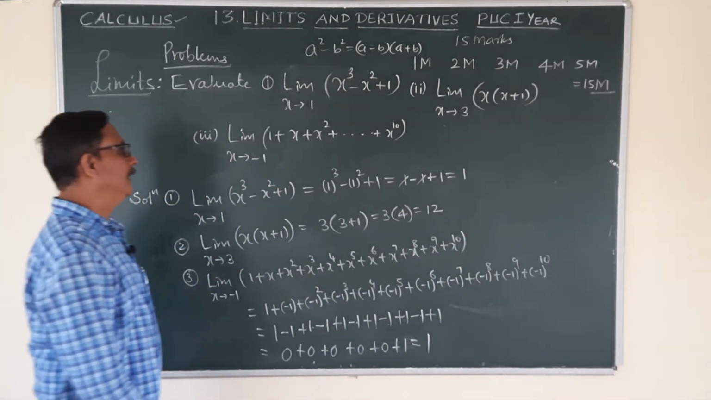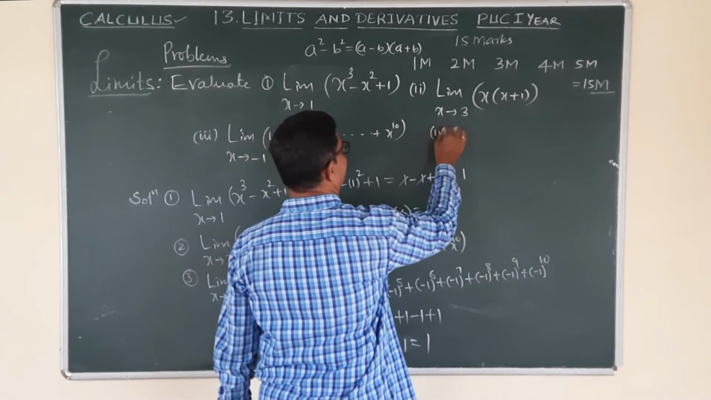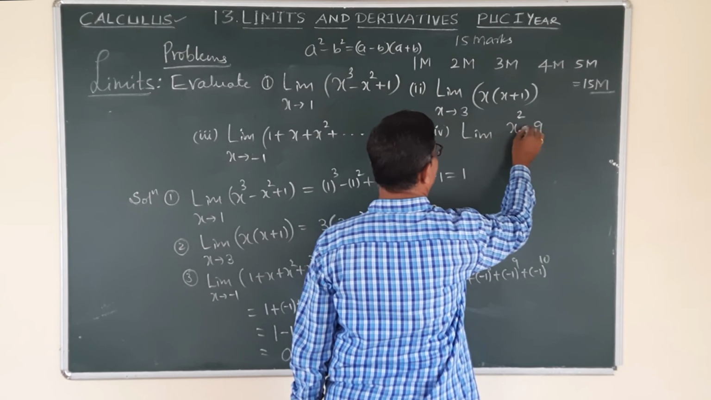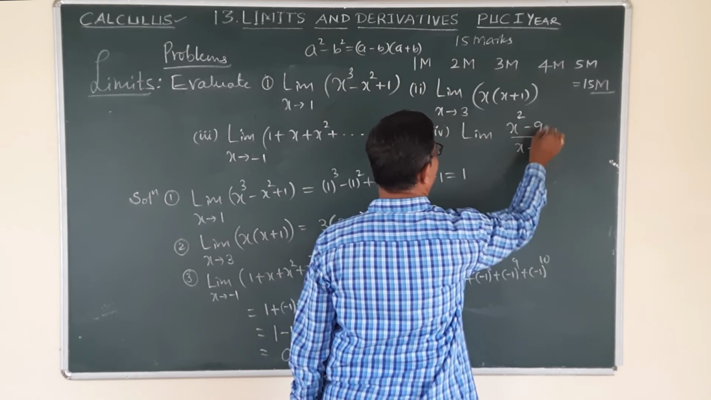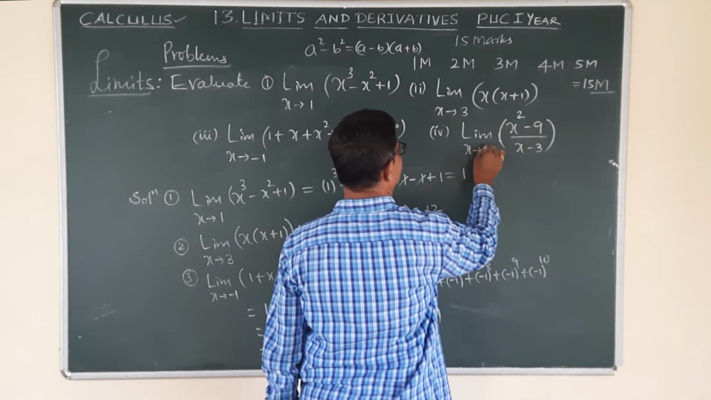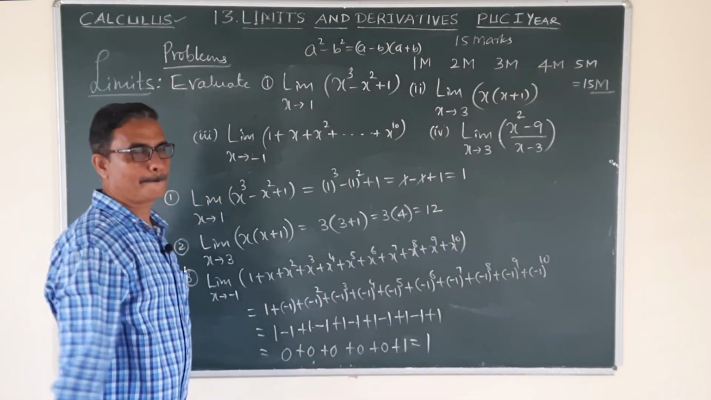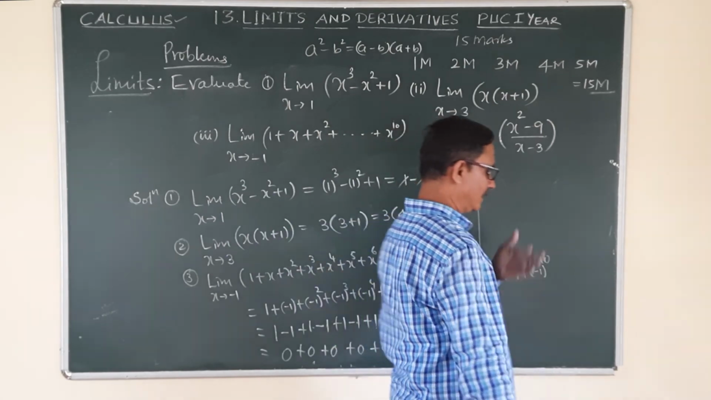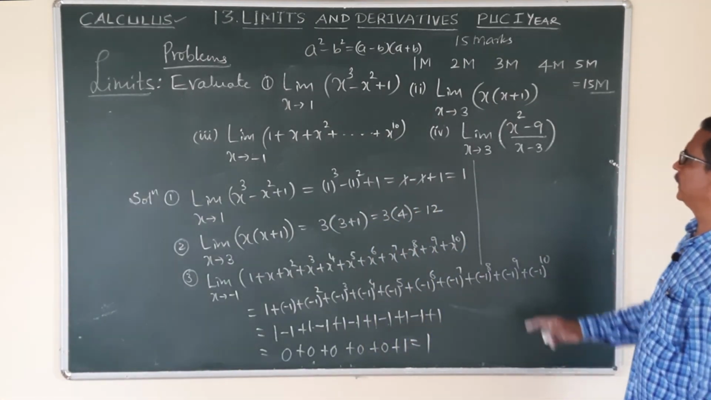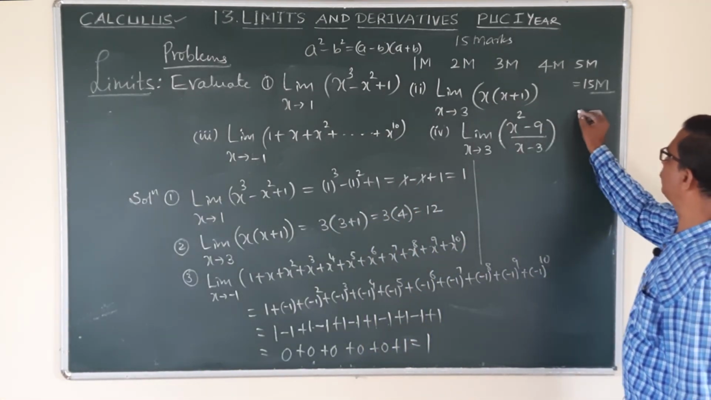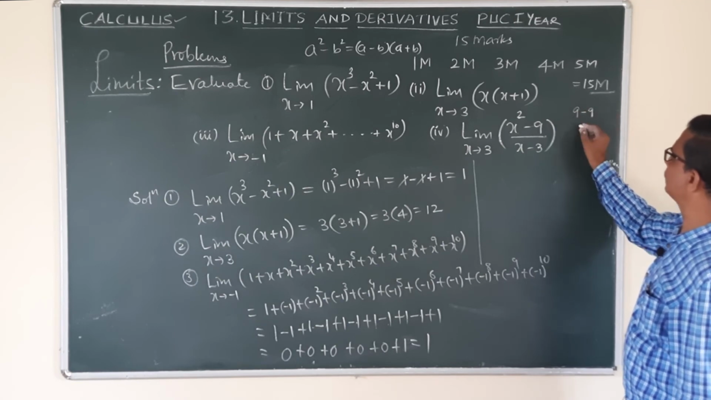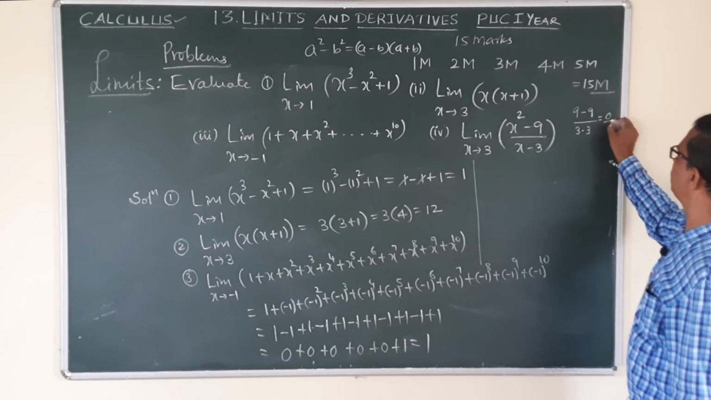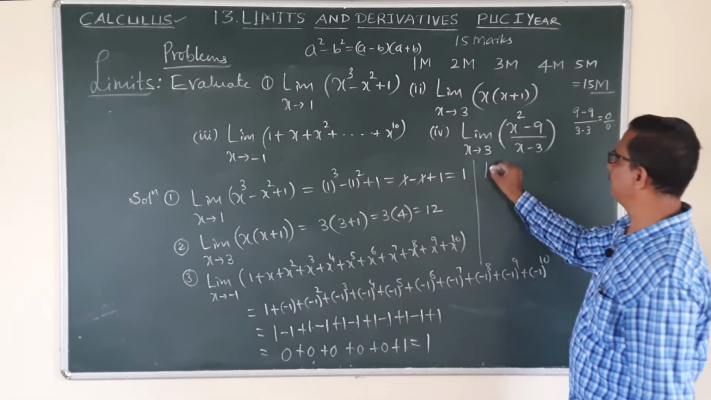Here, now another example. Evaluate the limit of x square minus 9 divided by x minus 3 as x tends to 3. Check it. Put x equal to 3, substitute. Is it finite or infinite? Put x is 3 squared, 9 minus 9, divided by x value 3 minus 3, 9 minus 9 is 0, 0 by 0. It is in the form